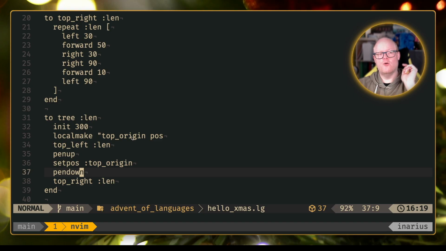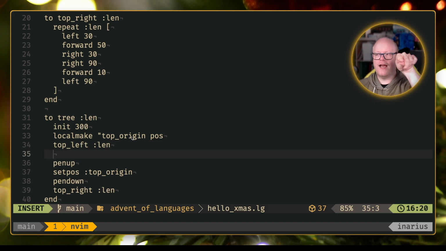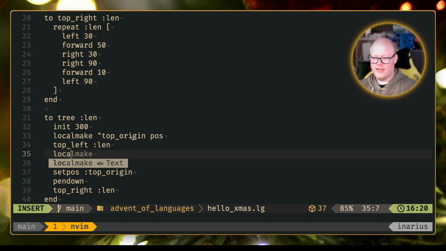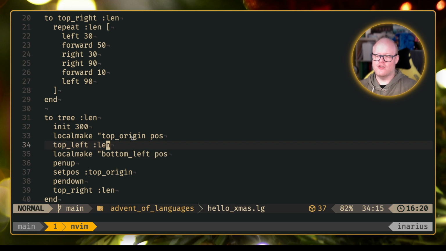On the other hand, we can have logo do that for us because we are in our drawing sequence at both of those positions, so we can simply remember that position. That's actually something that we could do. So after we have drawn the top left, we are actually at the end of this position thingy there that we need to connect with the other one that we are at the end of when we are at top right. So we could actually do something like local make bottom left,